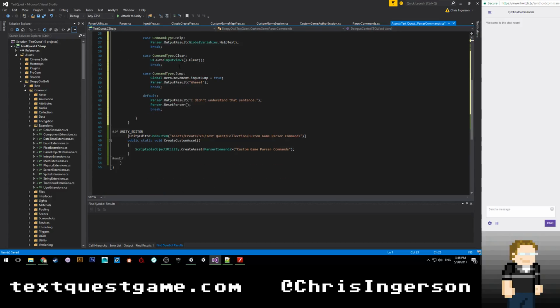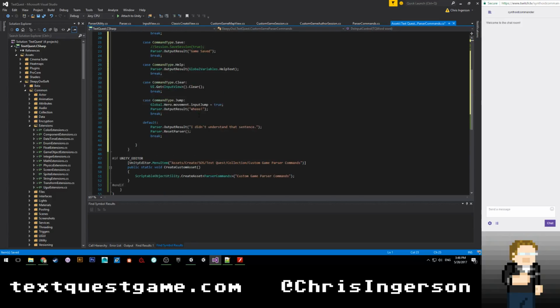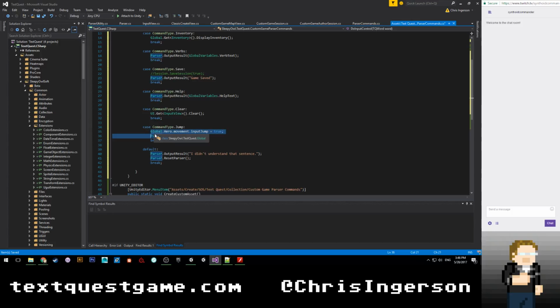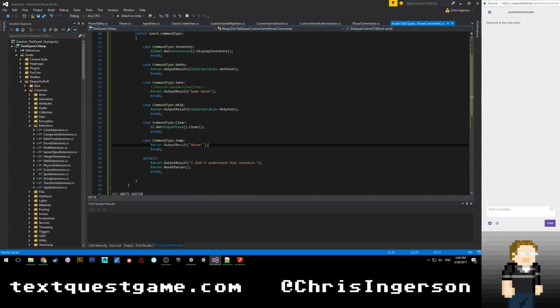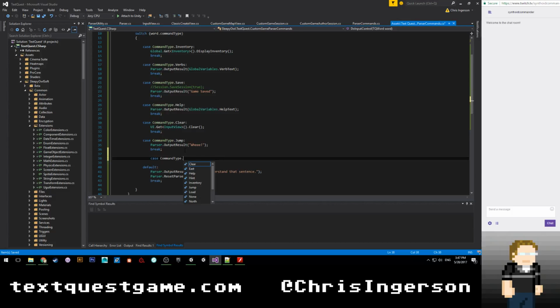Sleepyowl.common. Alrighty then, and let's see, jump. Don't need to do that. And okay, so the next thing we would have to do is actually evaluate direction. How wonderful. So case type dot. Okay, so they just have cardinal directions. I wasn't sure. East, north, south, and west. That's it. Okay, I guess that's fine. So let's do north, break,